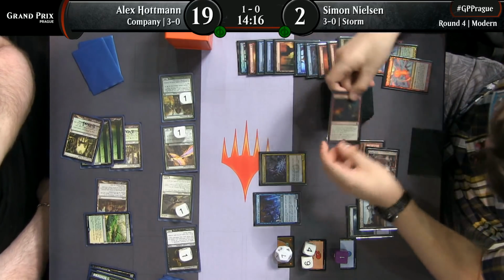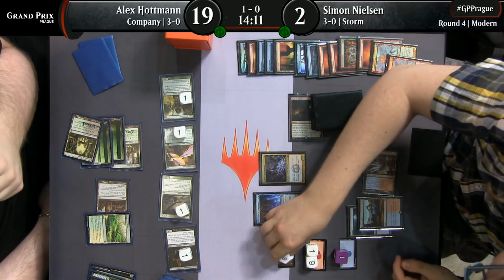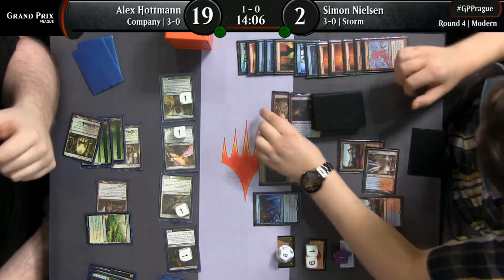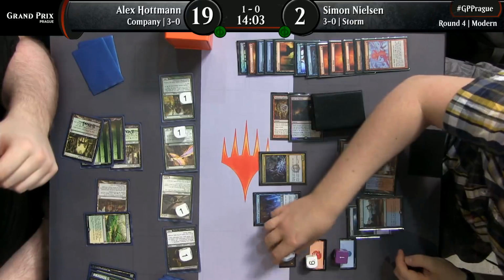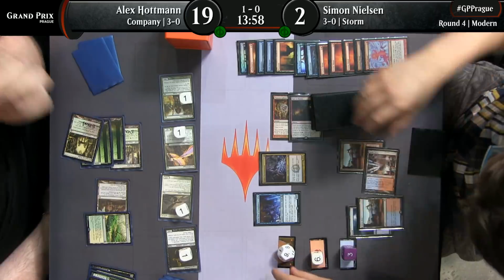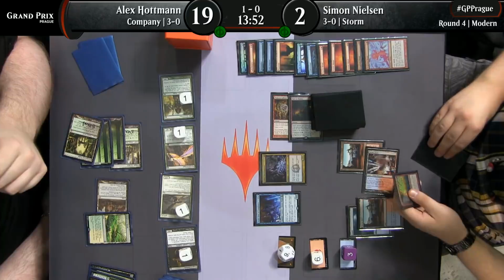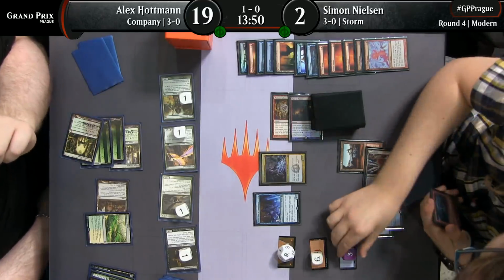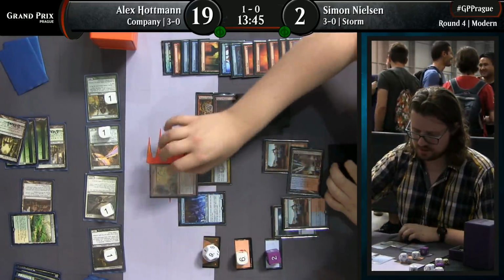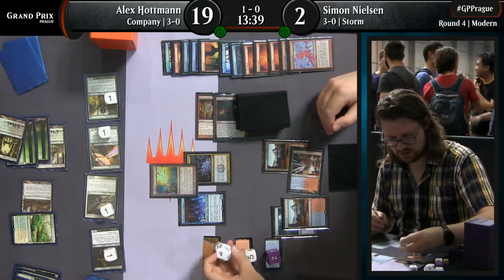Grape Shot in hand. So at this point, you can start thinking about, do I have to play around Surgical Extraction? Do I not expose my Grape Shot to being exiled? But as we can see here, if Hotman had a Surgical Extraction, he probably would have used it in a different way. He would have exiled the Past in Flames. So Nielsen draws off the flashbacked Manamorphose. Bolt off the top here for Nielsen. Love to see that one at the scon, but no, it's going to be 9 storm count here. So up to 10, so that does...